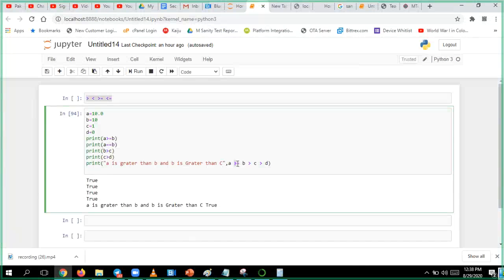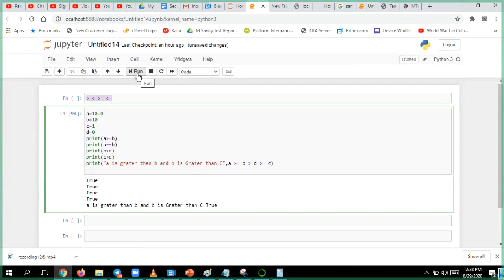Or you can use, like if I have d, okay, this is c. You can use c. Now this also will give you the same result. D is greater than or equal to c.